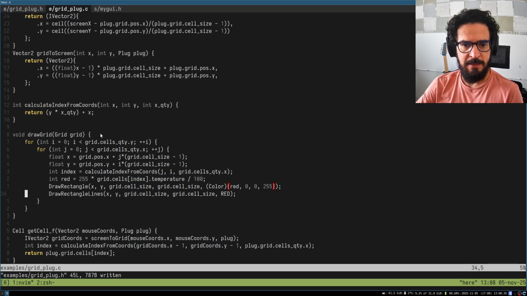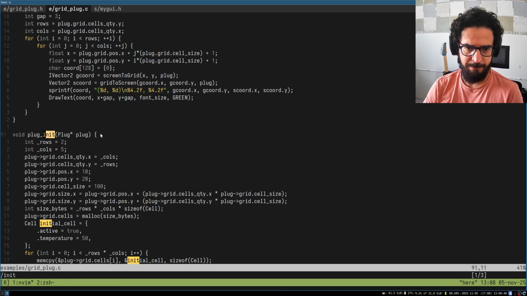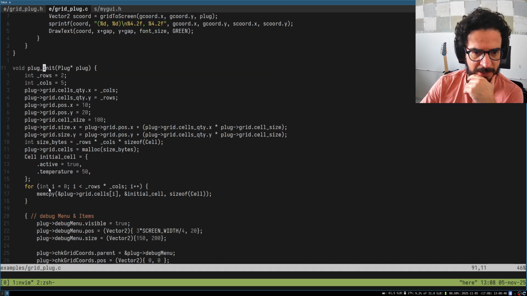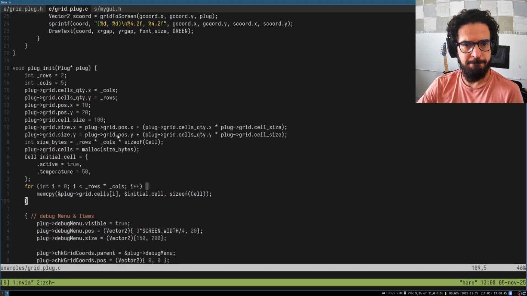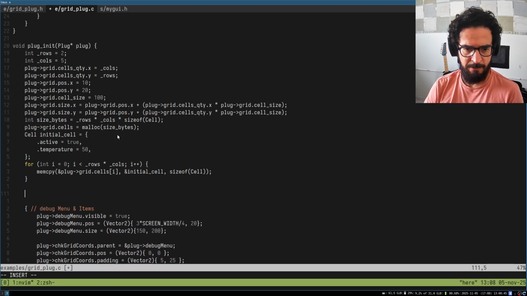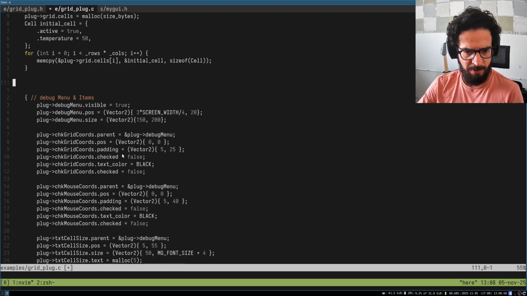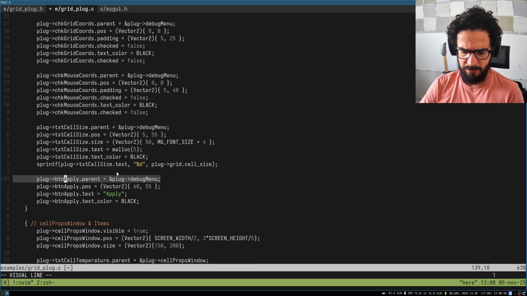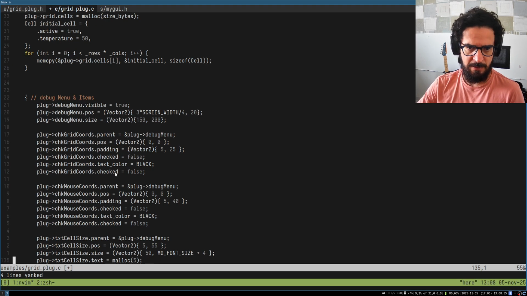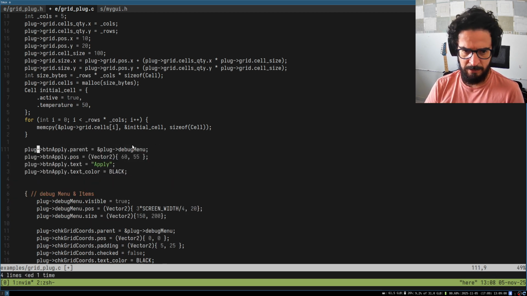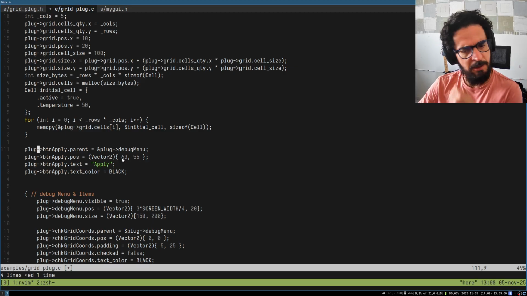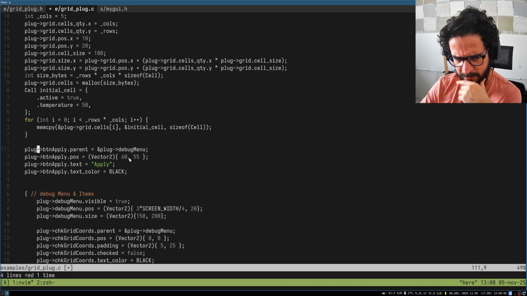Then in the initialization, we can initialize the button here. Here we can copy and paste this one, which is another button initialization. Put this here. And we can say, okay, this button will be located at